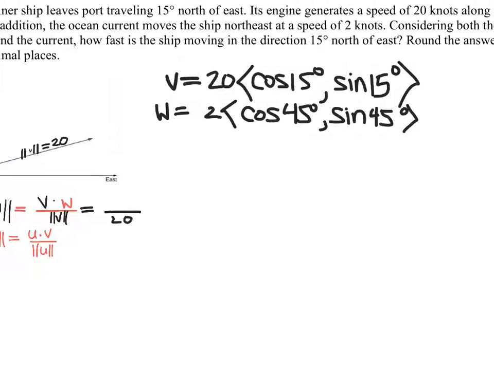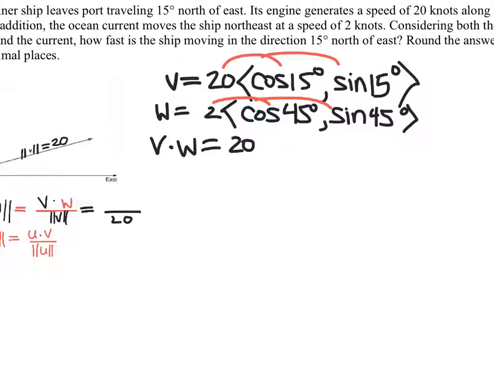All right, so I could just do the dot product of V and W. Now, you can do it on the fly if you want, or you can just mentally handle it. But essentially all you're doing is running through with the 20 and running through with the 2 and then taking the dot product of the two vectors. So I'm just going to write it out before putting it in the calculator, but this is going to be